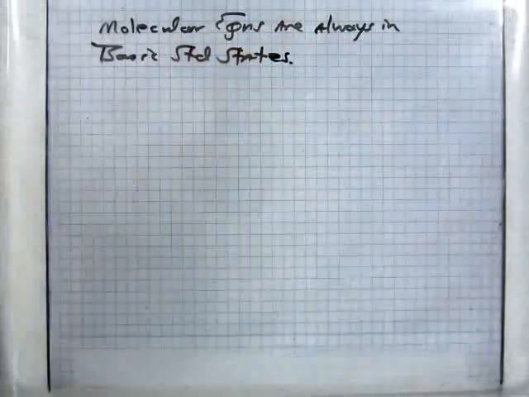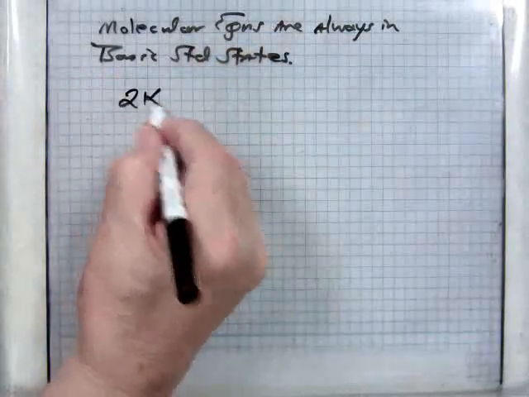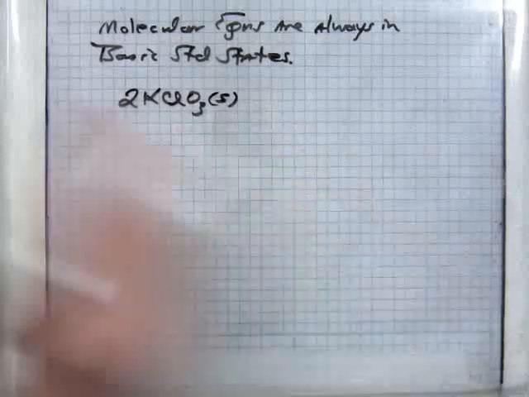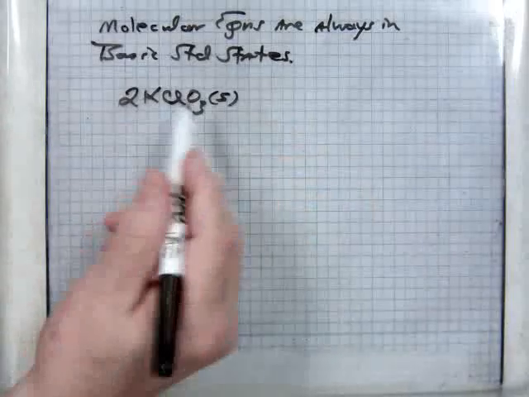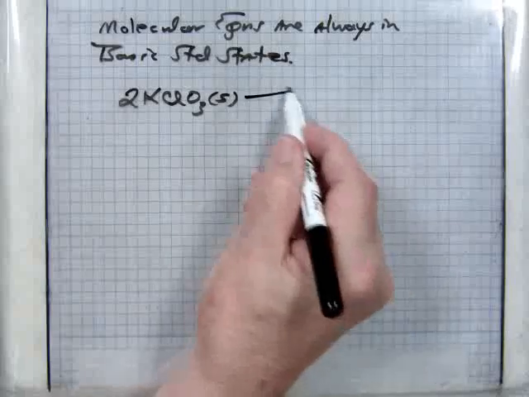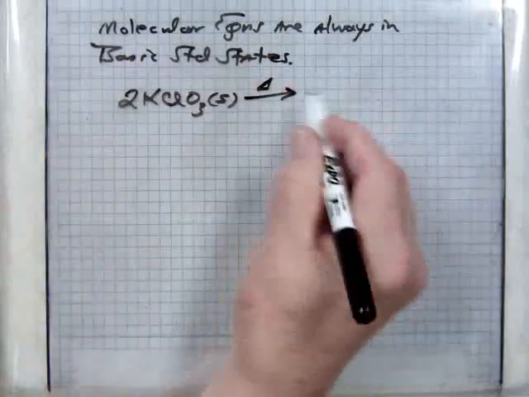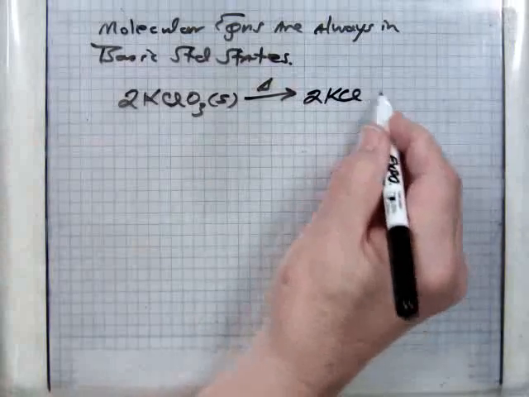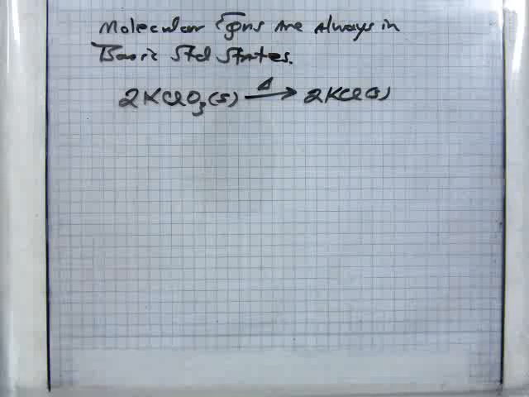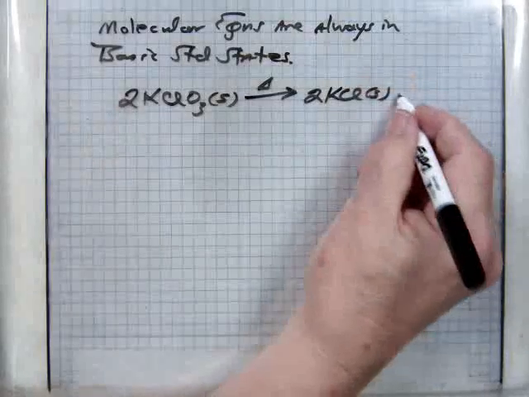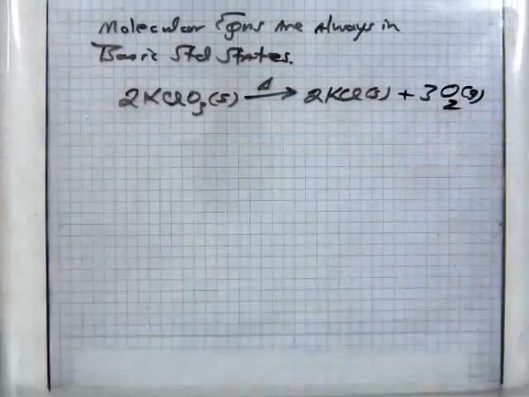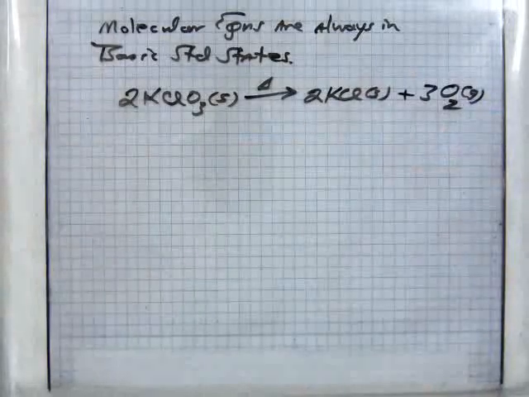And so if I were to, again, write the potassium chlorate, I would look up and find the form of potassium chlorate would be this molecule. There wouldn't be any other, so I'd have to use that. And out of this decomposition comes KCl. And there's only one KCl, and that's KCl solid. And it gives off oxygen gas. Well, if I'm going to use oxygen, I'm going to have to use it in